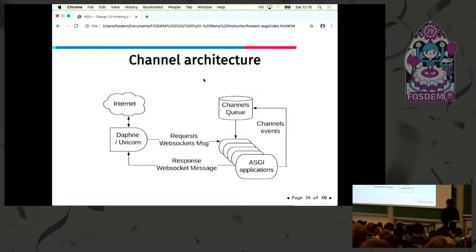And then Django Channels add something more on top of this, because sometimes if you are doing a chat application, for instance, you can't be limited to one client. You want to be able to exchange messages between your applications. So an ASGI application can also register to a group and send messages to that group, so everyone on the same page, for instance, can share messages through their WebSockets.